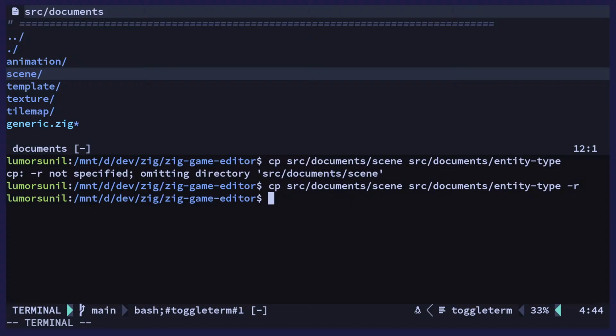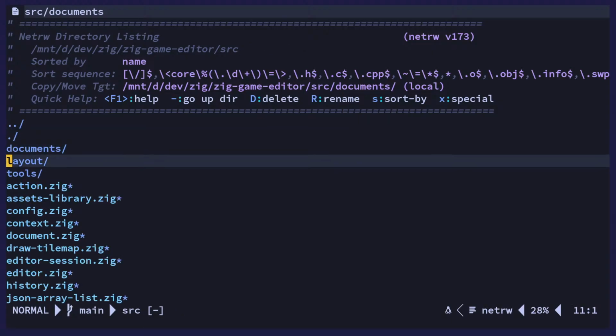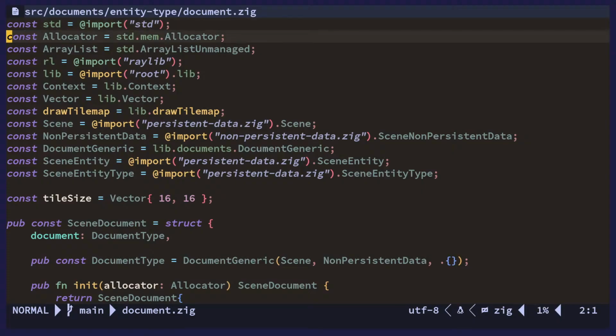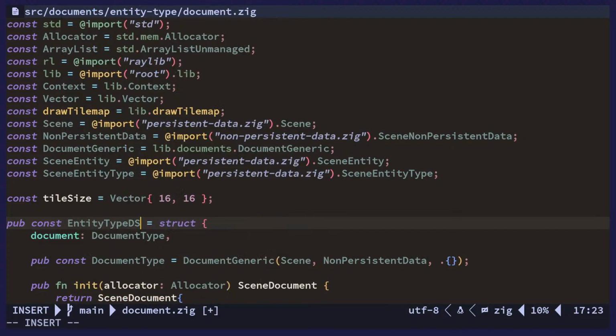/r or -r for recursive. All right, so now we have entity type here, and let's call this entity type document,